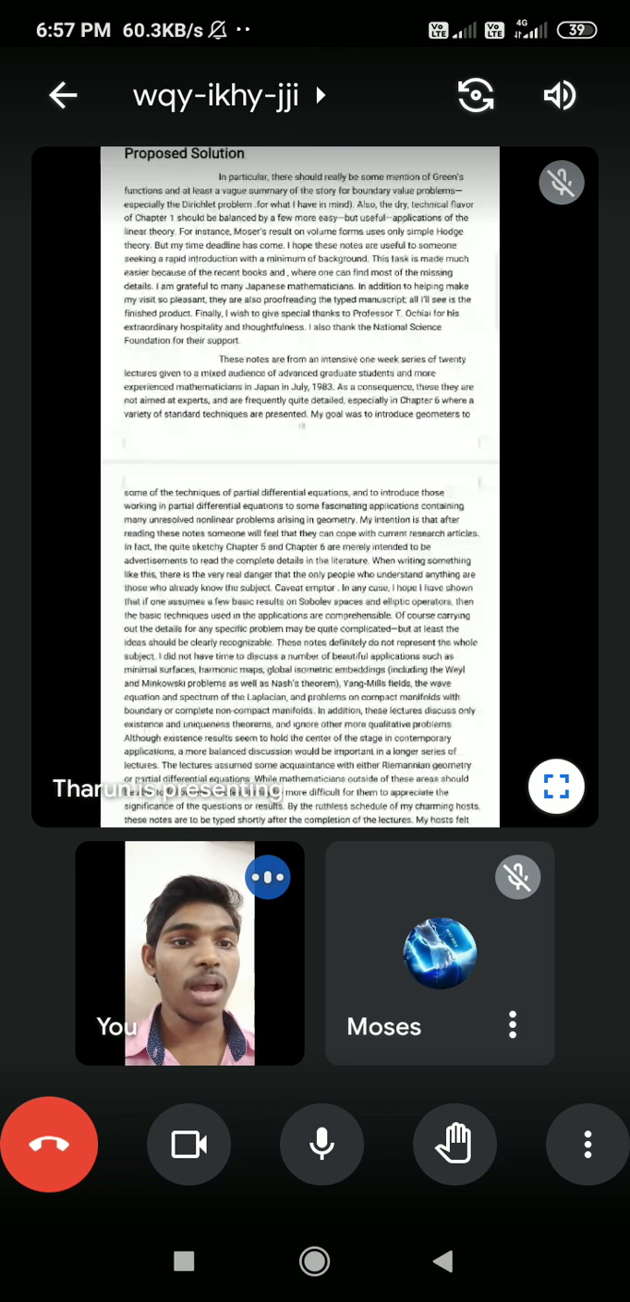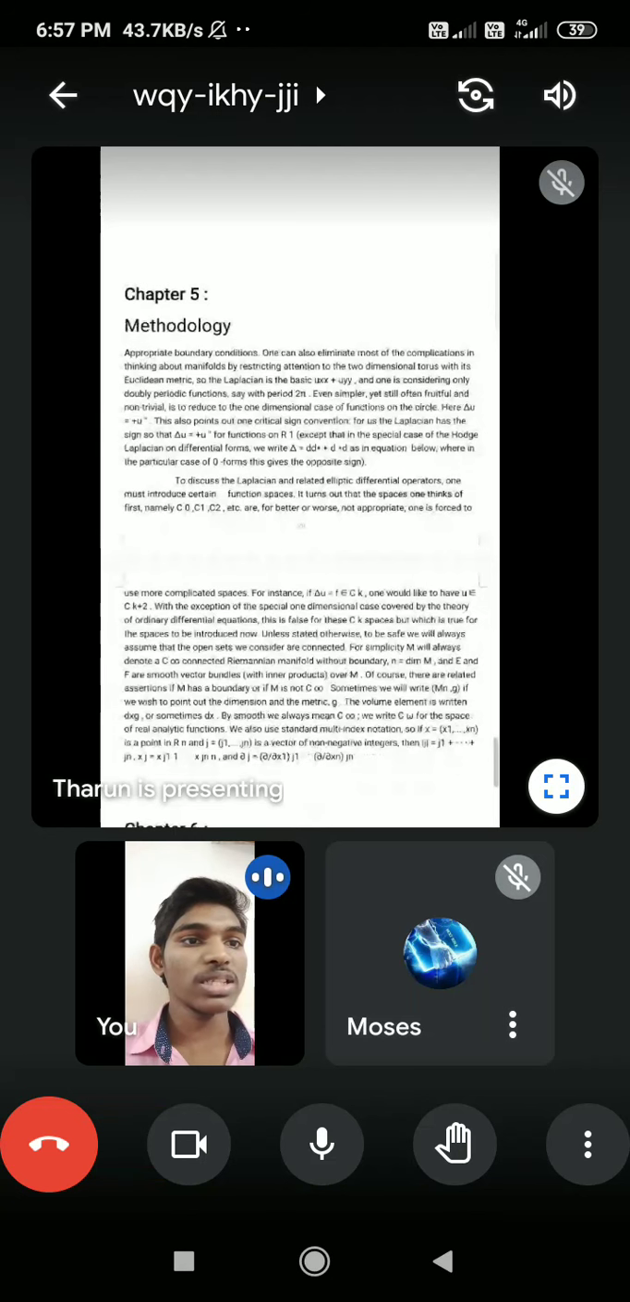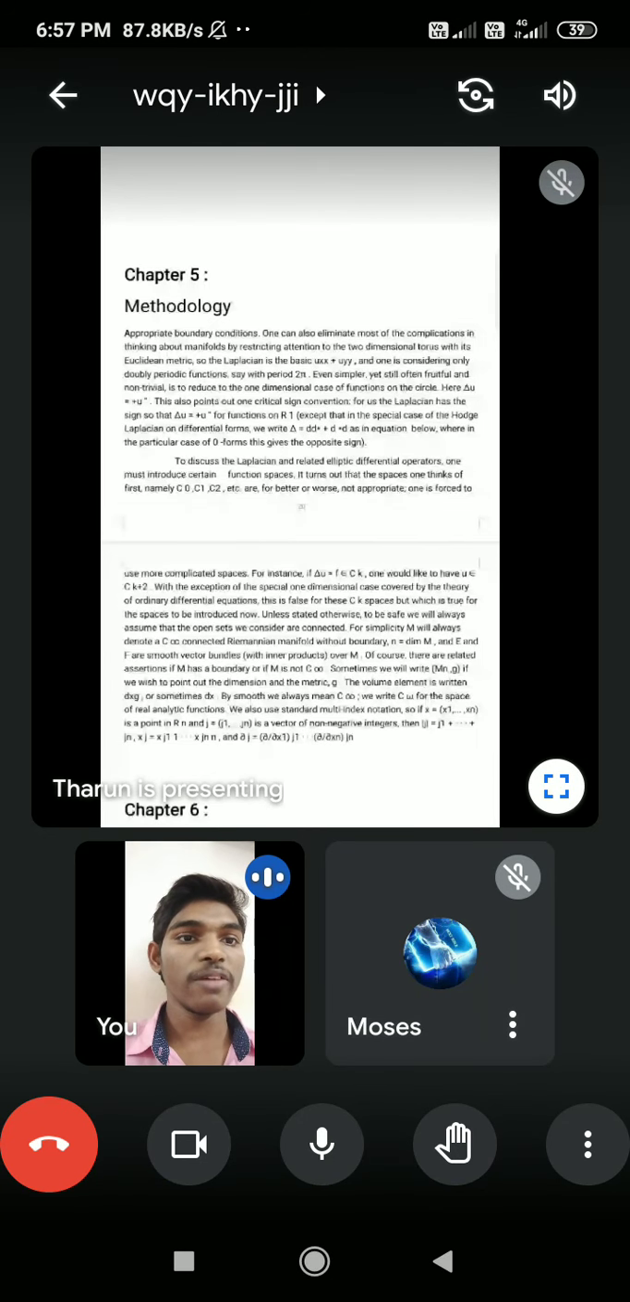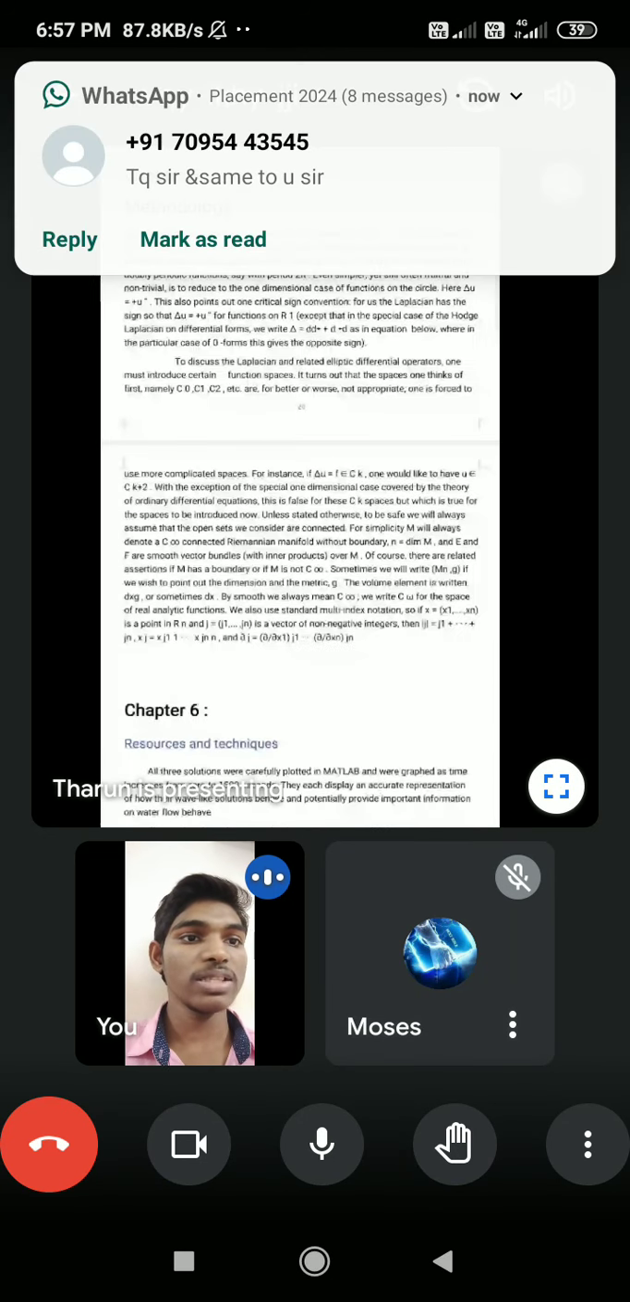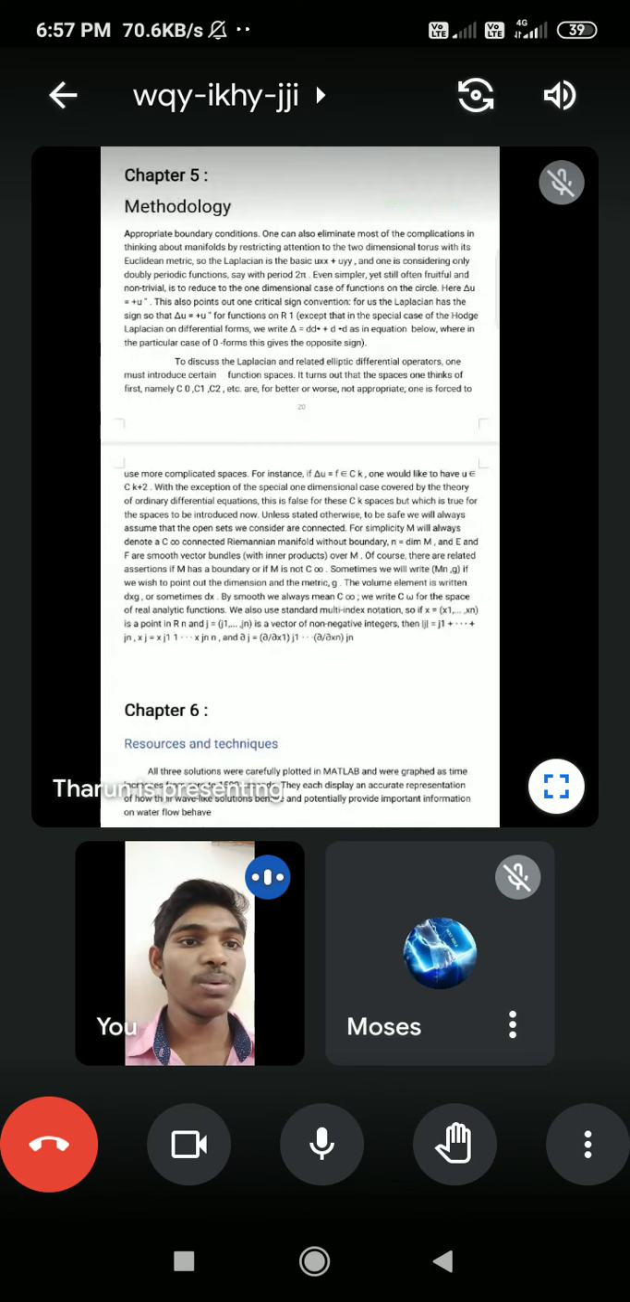Methodology. Appropriate boundary conditions. One can also eliminate most of the complications in thinking about such flows by restricting to double periodic functions, say with period 2π. Similarly, we are often interested in the one-dimensional case of functions and circular